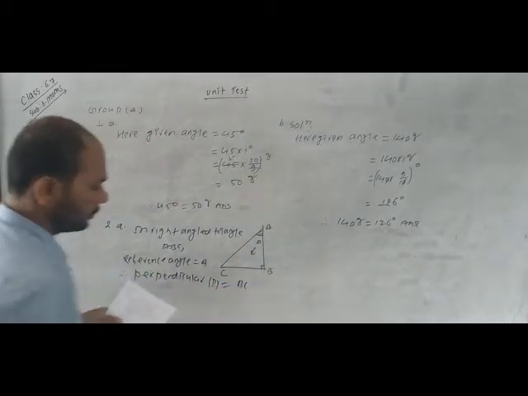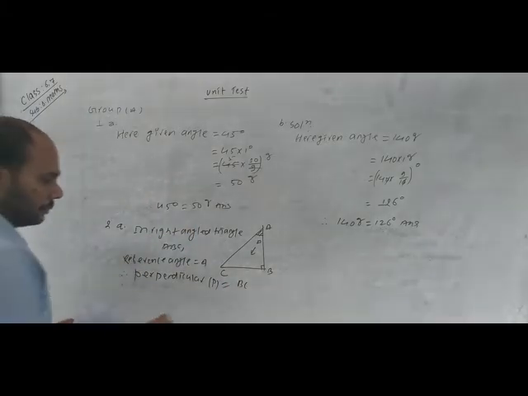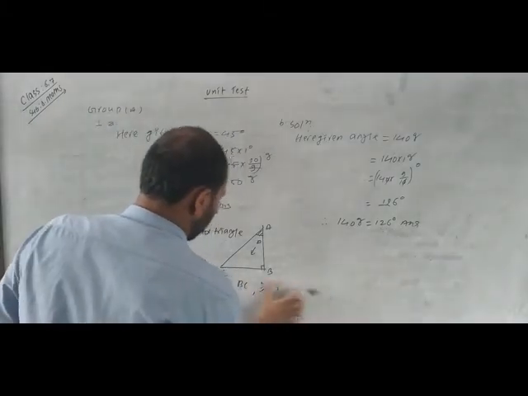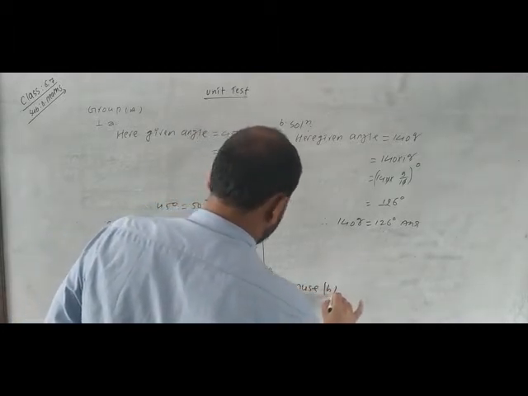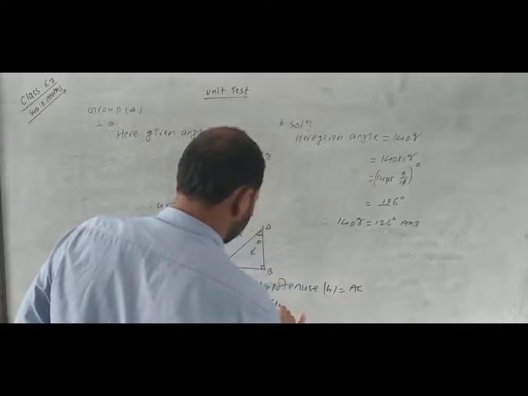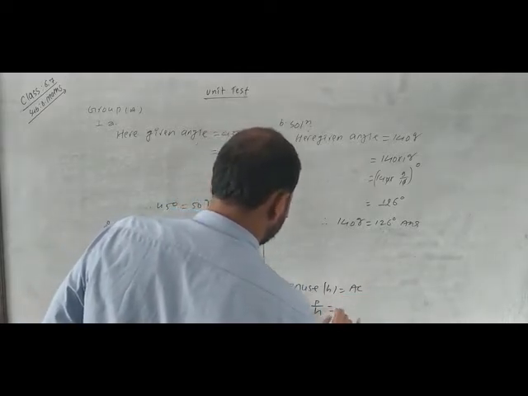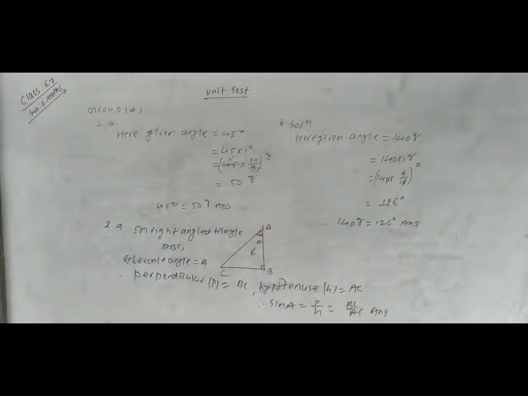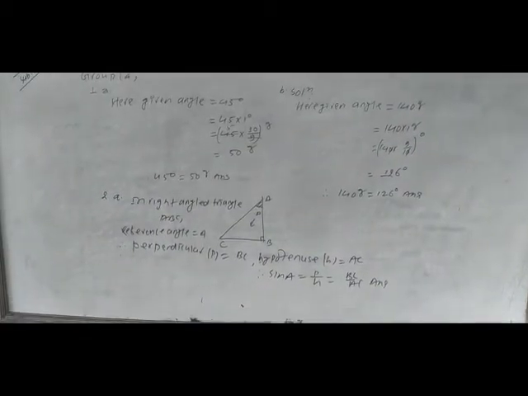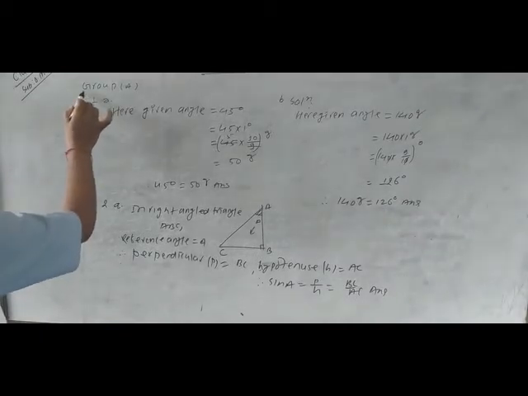You know, the opposite side of the reference angle is the perpendicular. Hypotenuse H is equal to AC. Therefore sin A is equal to what formula? P by H. The P is equal to BC by AC. This is the required answer. My dear students, in this way you solve these types of question. Very simple. And this is the solution of group A. All of you match the answer with me, class 6 and 7 students.